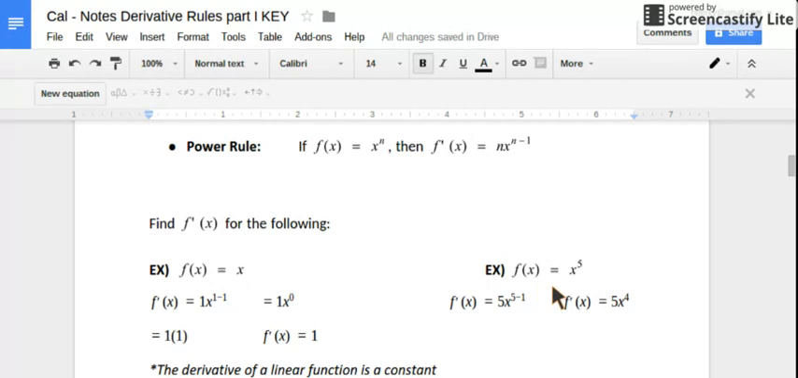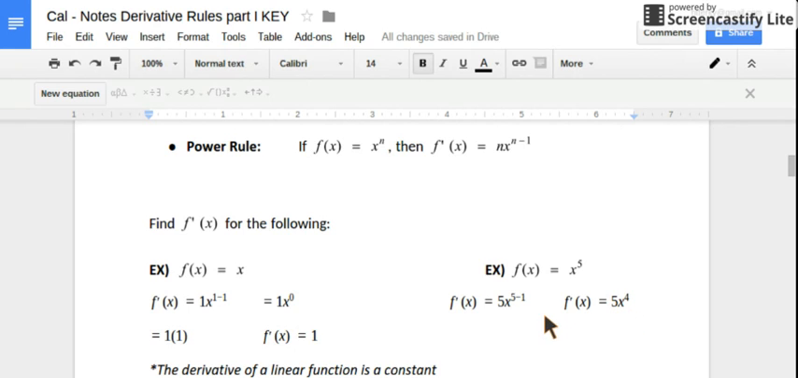So let's do this example over here first. We're going to find the derivative of function f, which is x to the 5th. We're going to move that exponent 5 to the front, and subtract 1 from that exponent. So we end up with 5x to the 4th. So we write the derivative of function f is 5x to the 4th. This is representing the slope or instantaneous rate of change at any point on that function. All we have to do is plug in an x value,